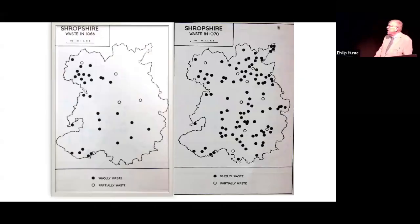Let us look at waste in Shropshire in particular. You can see on the left there that the waste is in 1066. So these are vills or settlements which have no value in 1066 because they have been subject to Welsh raids. And there's one or two in other parts of the county as well. But then you compare it with 1070. Now 1070 is the median date, when it is assumed that the Normans take over. It may not be 1070, it may be within 10 years of that, but we use this date of 1070